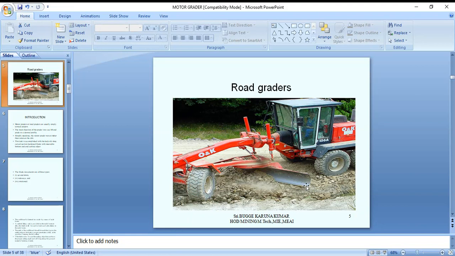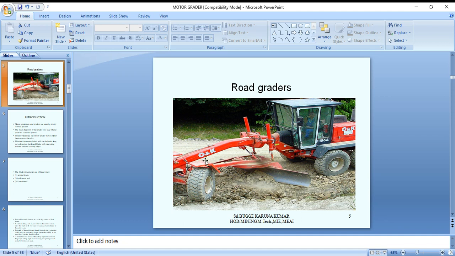Here, you can easily see the blade. It is also curved in nature, and a circle is there. On the circle, it is pivoted based on the hydraulic lifter. It can be lifted on this side. You can observe the three cylinders here; hydraulic pistons are available. The blade can be rotated on the circle, and based on this pusher piston, it can be tilted 360 degrees for the convenience of the blade.